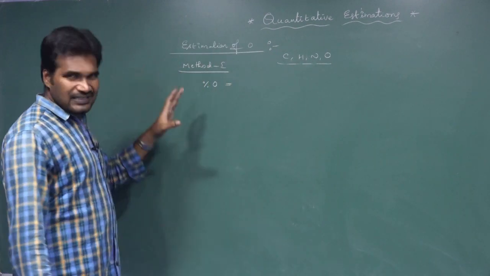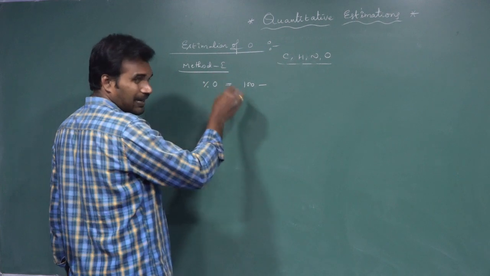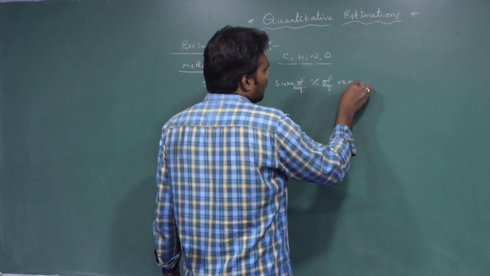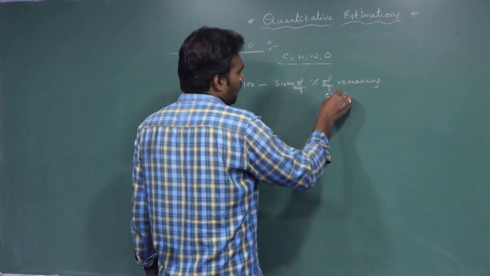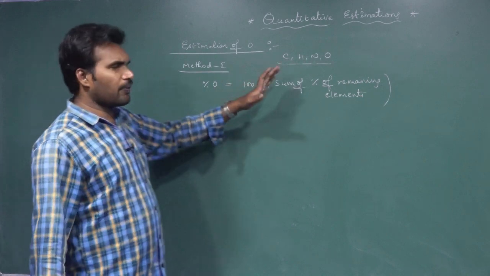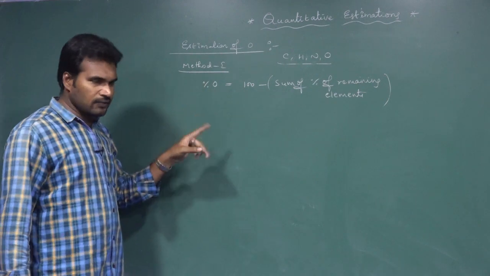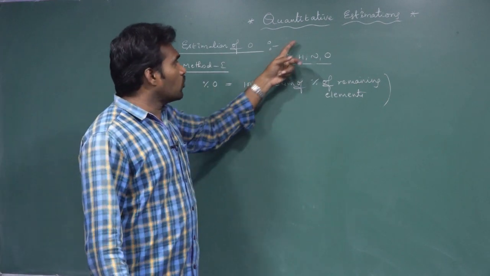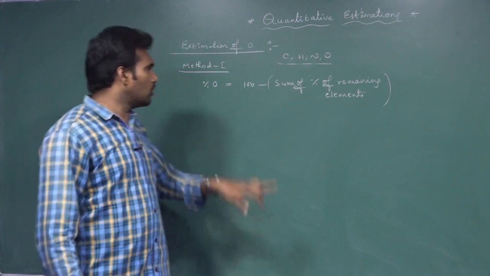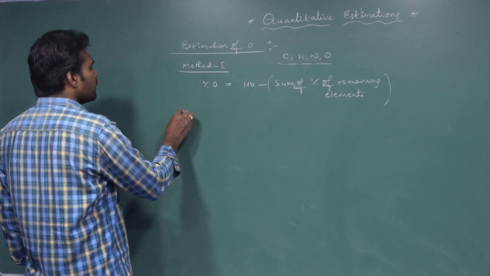So the first method is the easiest method. Percent of oxygen is nothing but 100 minus the sum of percentages of the remaining elements. Simply subtract the percentages of all other elements from 100, then the difference will be the percent of oxygen. This method is used only when you know the percentages of all other remaining elements. If you know them, we can calculate the percentage of oxygen simply by subtracting this value from 100. The second method,